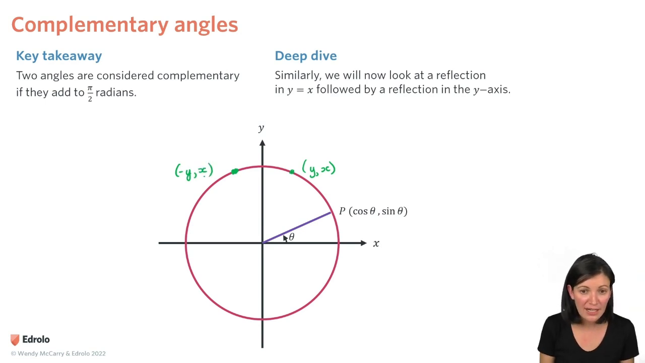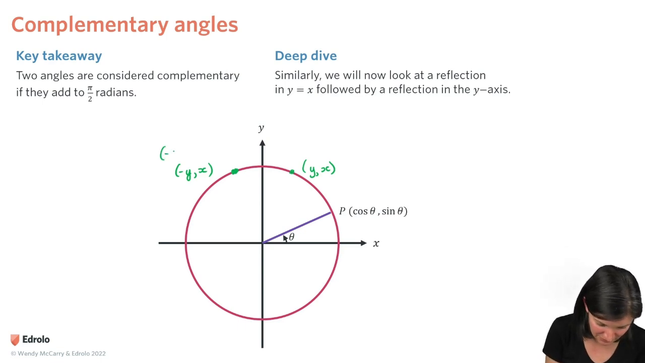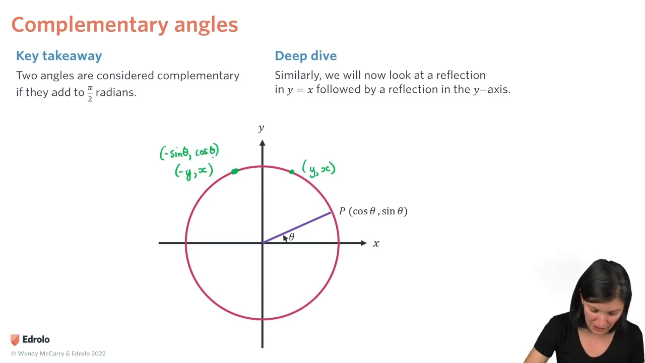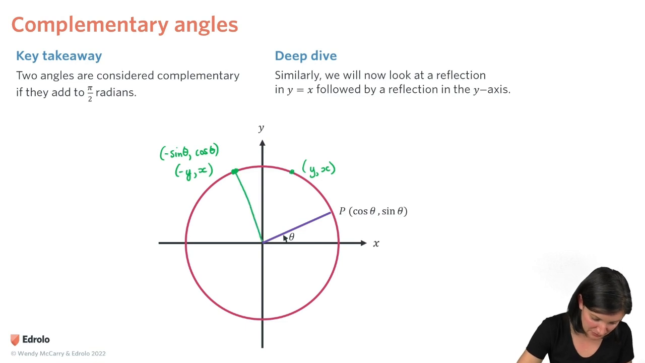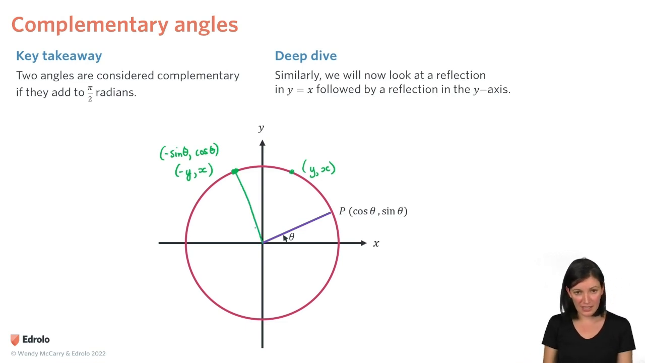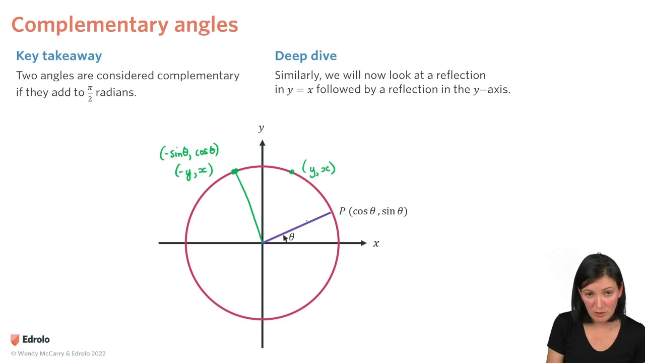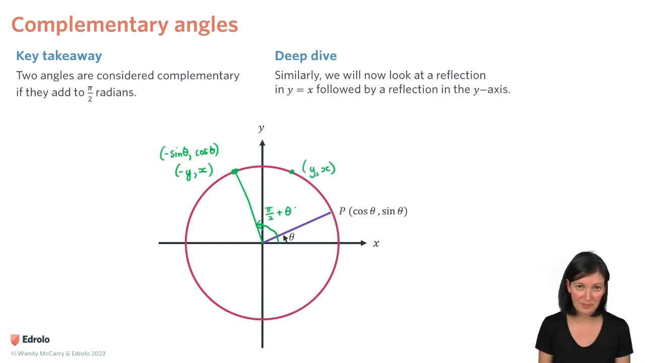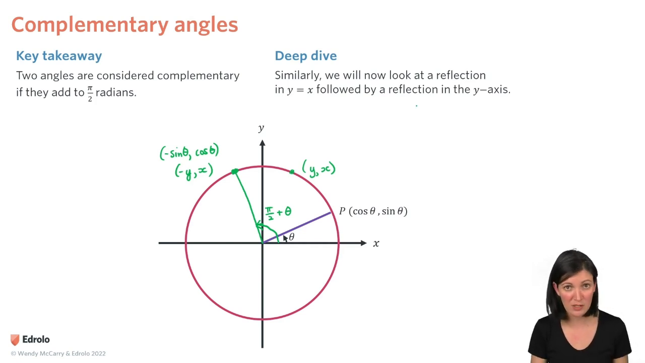Now negative y is the same as negative sine theta, and x is the same as cos of theta. Now that point there, what angle is that? If that's reflected, this little bit here is theta, so this whole angle here is going to be pi on 2 plus theta. So now we can get some relationships between the sine and cos of pi on 2